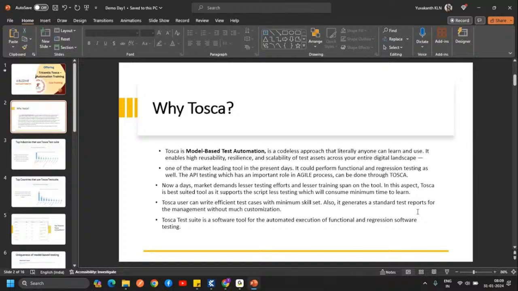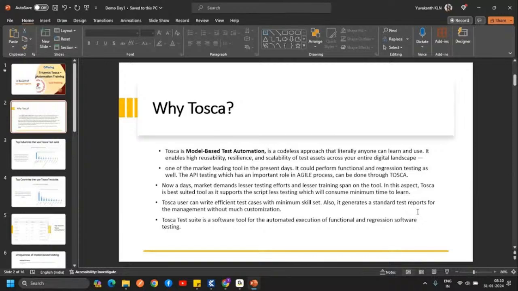And nowadays if you see, even from the developer perspective, they are also slowly moving to codeless tools. They don't want to write n number of lines of code. If you see Salesforce, or any other codeless tools nowadays, they don't have to write code, they just have to use the features that are already present in the tool. In the same manner, this Tosca is also developed.